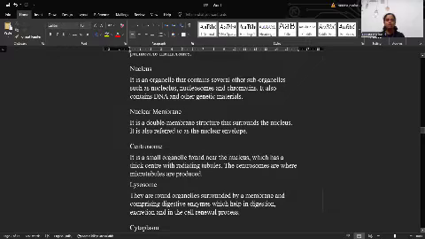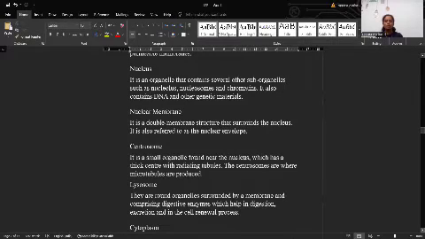Nuclear membrane. It is a double membrane structure that surrounds the nucleus. It is also referred to as the nuclear envelope. Centrosome. It is a small organelle found near the nucleus, which has a thick center with radiating tubules. The centrosomes are where microtubules are produced. Lysosome. They are round organelles surrounded by a membrane and comprising digestive enzymes which help in digestion, excretion, and in